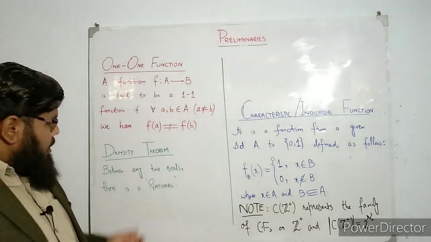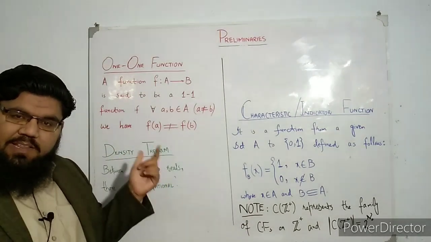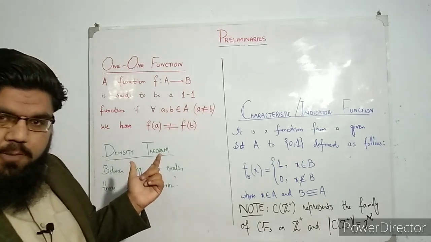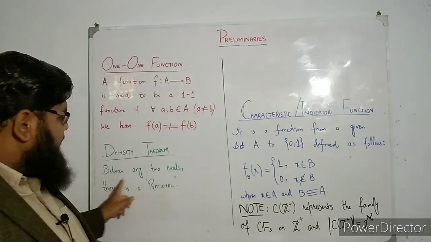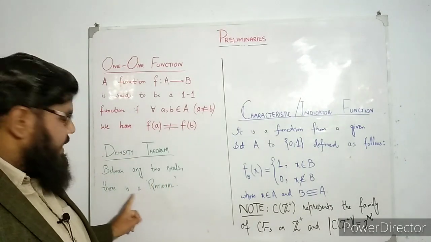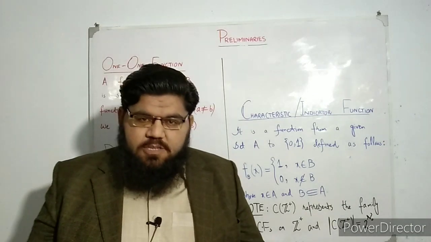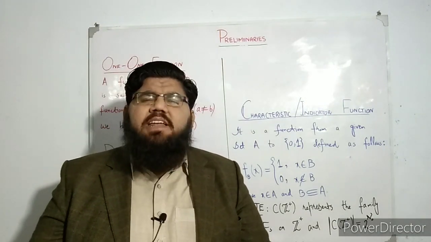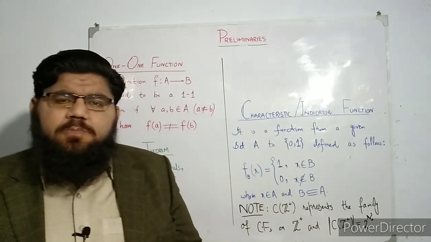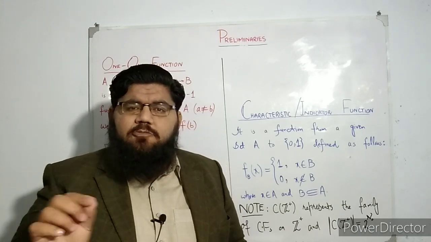Furthermore, we have the statement of a famous density theorem from real analysis. We are going to use this in our proof. What does it say? It says that between any two reals there is a rational. If you have any two real numbers which are of course different, there will exist a rational between them. Actually there are infinitely many rationals between them, but we prove existence by saying that there exists one rational